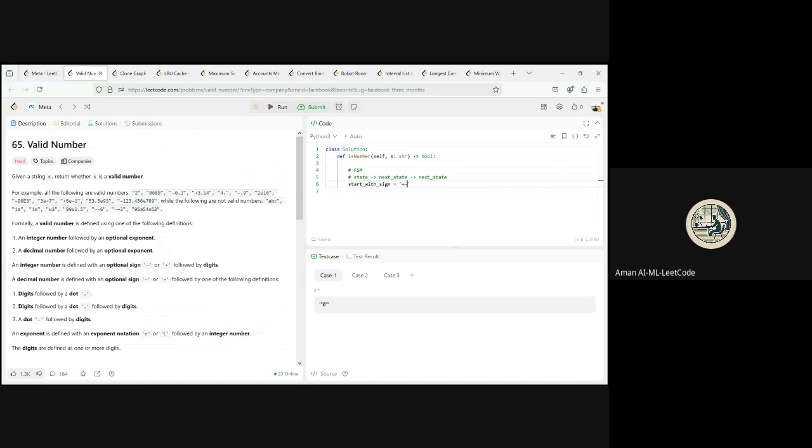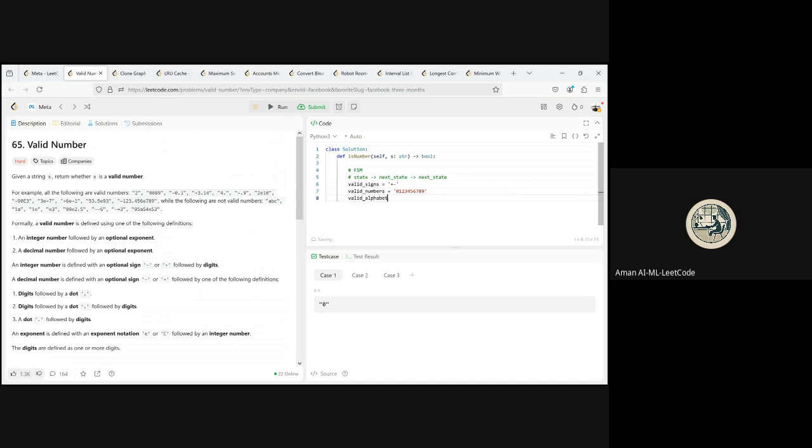So it can basically be one of these, or you start with the numbers. Okay, these are your numbers, right? So one of these is your number. These are your valid numbers. These are your valid signs. Okay, let's just create valid